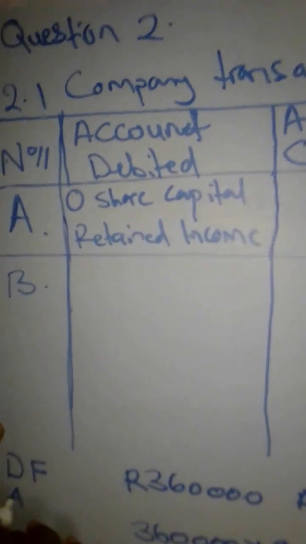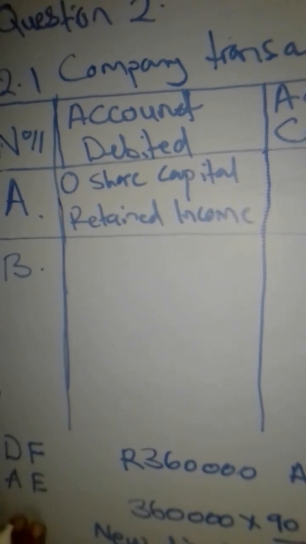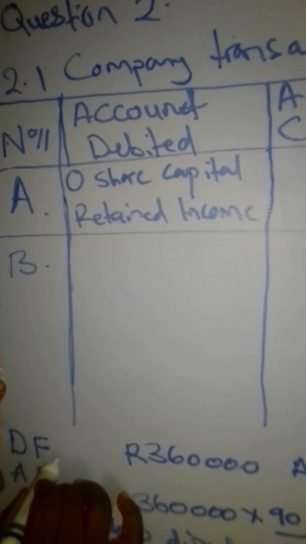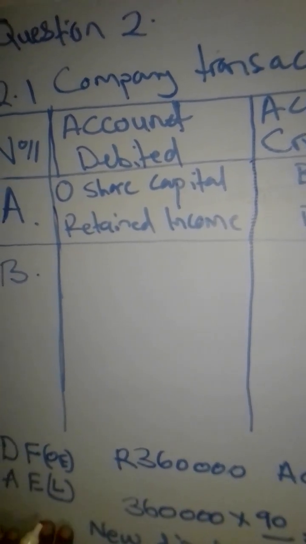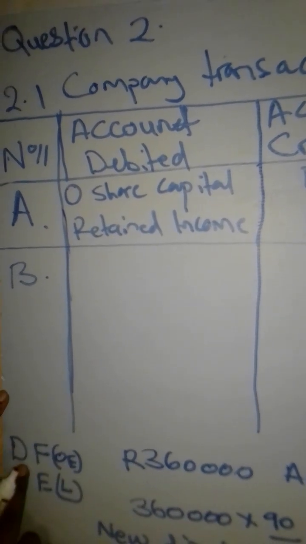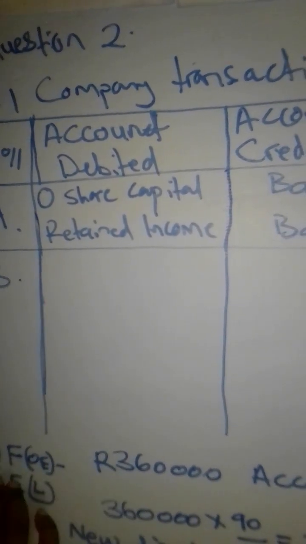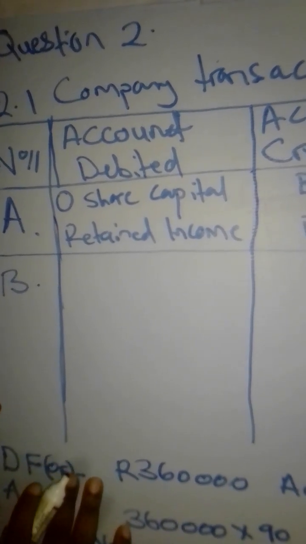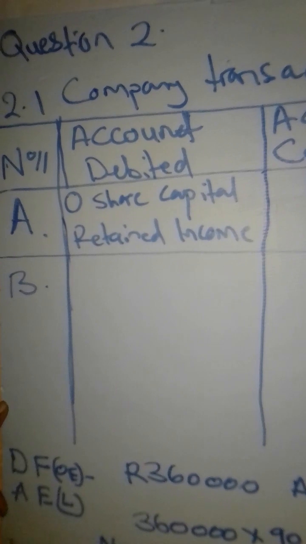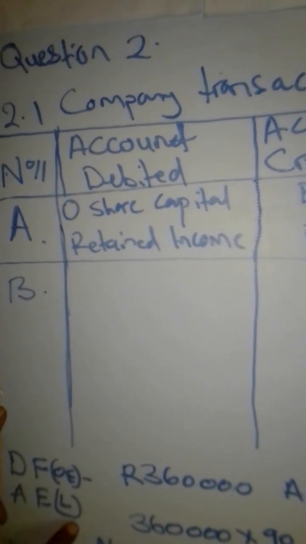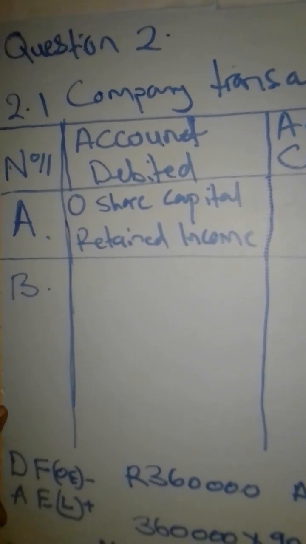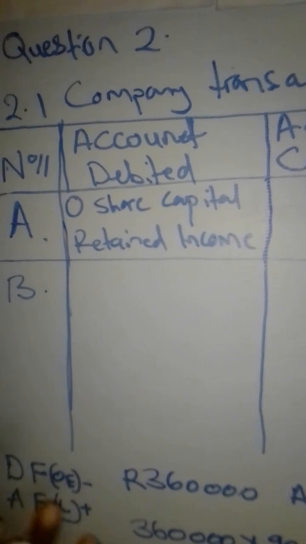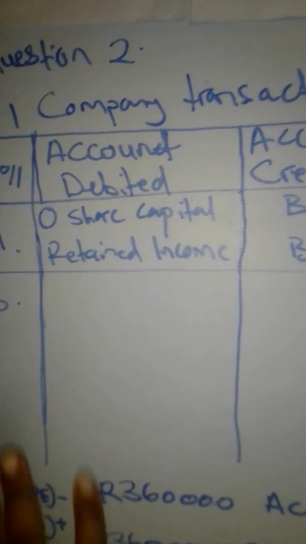So when we say director's fees and the accrued expense, if we put them on the accounting equation, director's fees, of course, are owner's equity. Accrued expenses are liabilities. So what is happening to our owner's equity because of the director's fees? Our owner's equity decreases because they are expenses. All expenses decrease owner's equity. The accrued expense is a liability, and the liabilities are increasing because of these accrued expenses, the expenses which have not yet been paid. It increases our creditors or our liabilities, or our amounts payable.